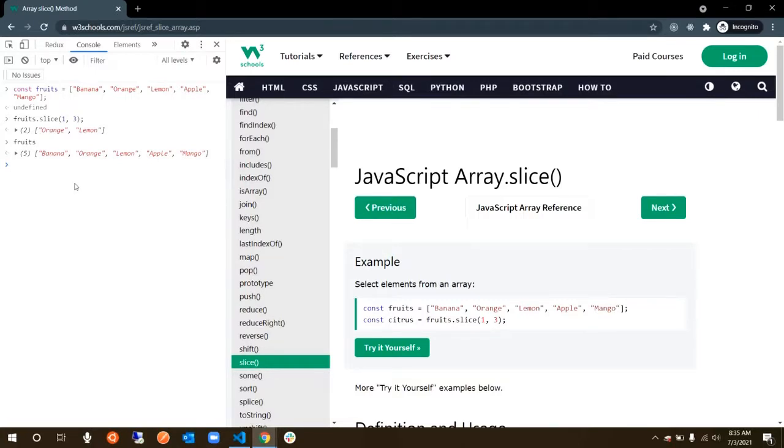Second thing: what if I want all the elements after orange, so what would I do? Because I do not know the end index. The fruits array might have 1000 or 1214 elements, and you don't even know the exact count. In that case, you would just delete the end index and start from that particular index. Or you can just remove the comma and put it like this. Both work absolutely fine.